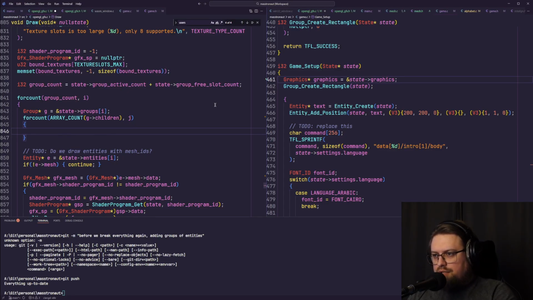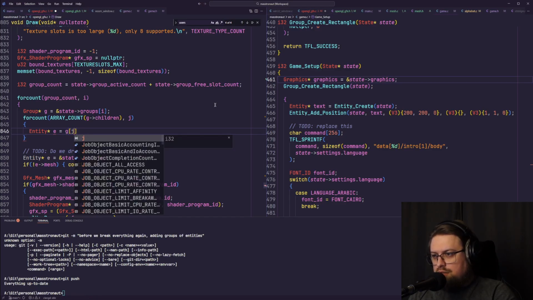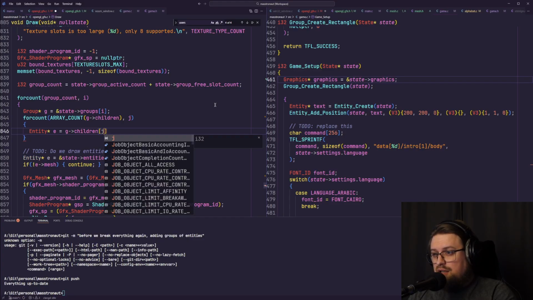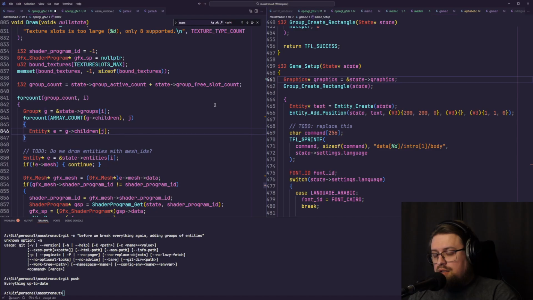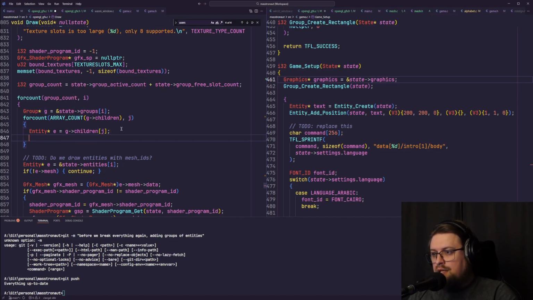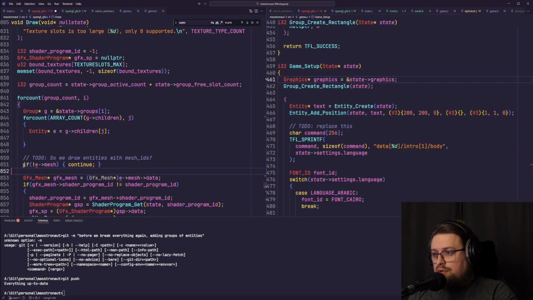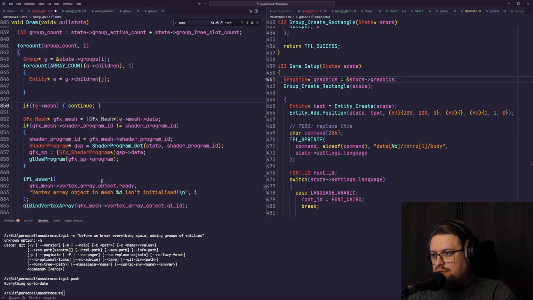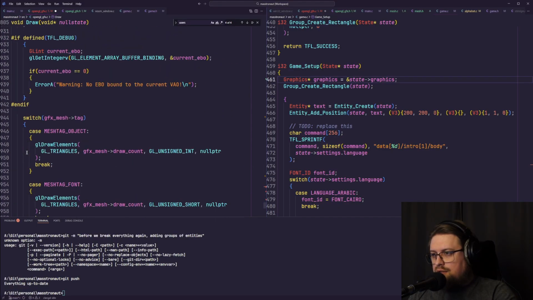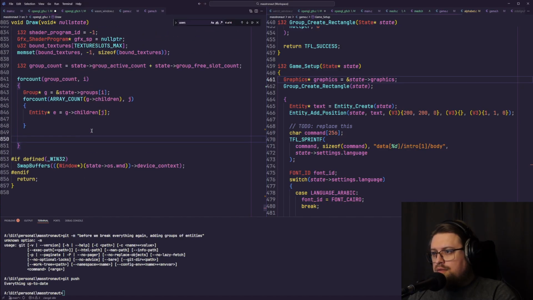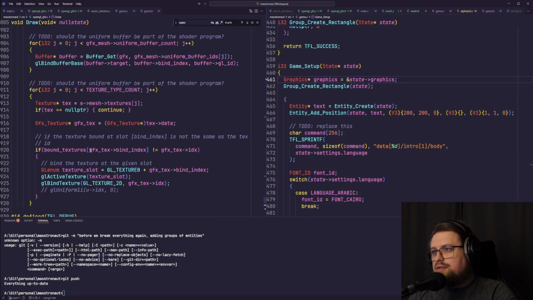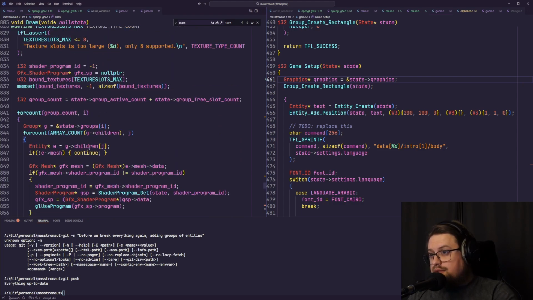We are iterating through every group, for every child. Entity E equals G children of J, and that's already a pointer. And then we are back to, we draw entities with mesh IDs. No, let's not care about that. And then we are back to what we were doing, except